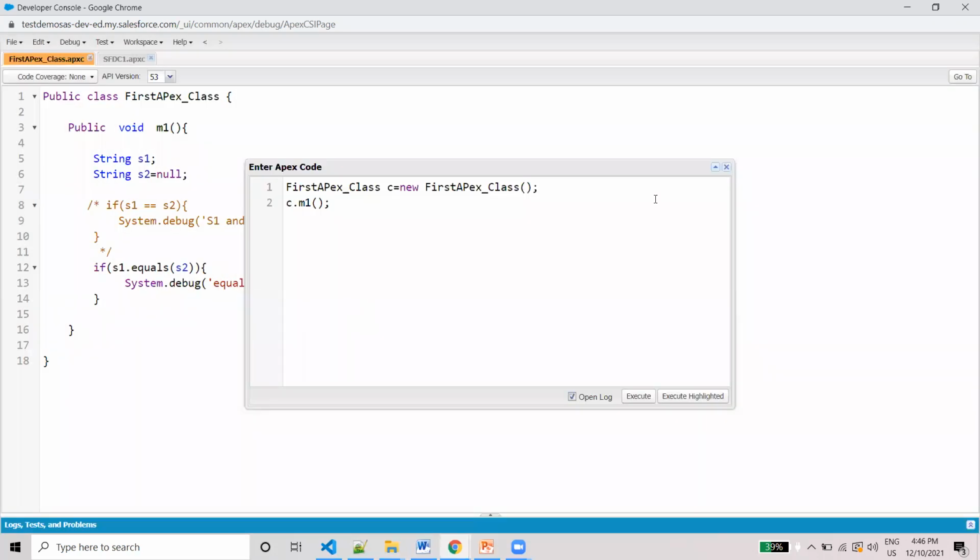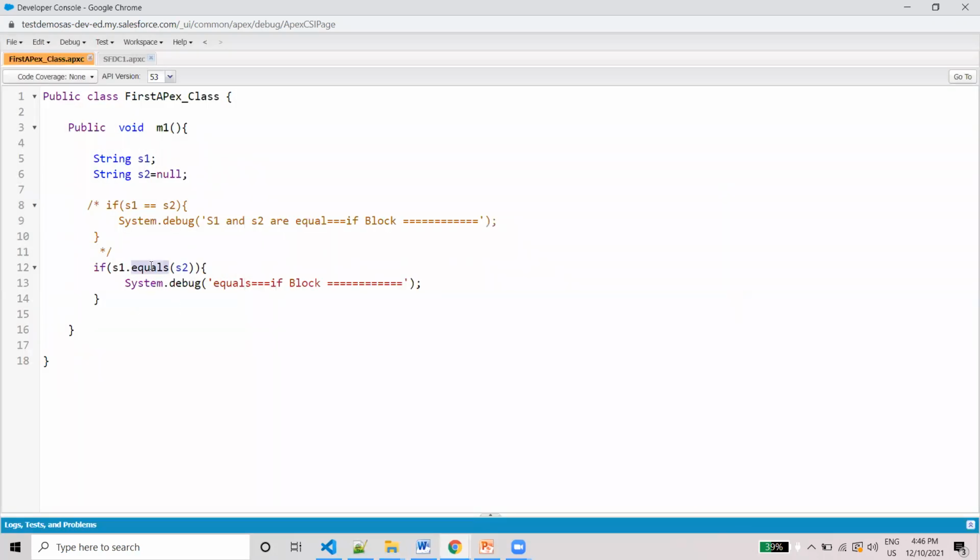So that's why, if you are using equals on a string, you first need to check whether that particular string is null or not. After that, you can compare, like s1 not equal to null. If you use this, the null pointer issue won't occur, but if you use equals without this, you will get the null pointer exception.